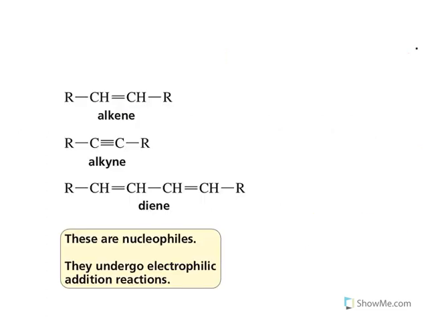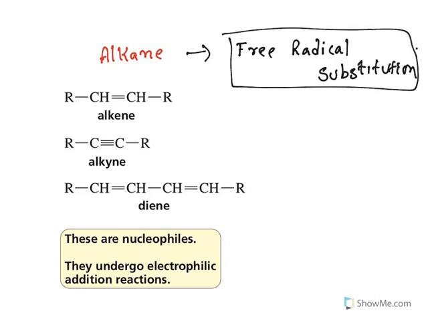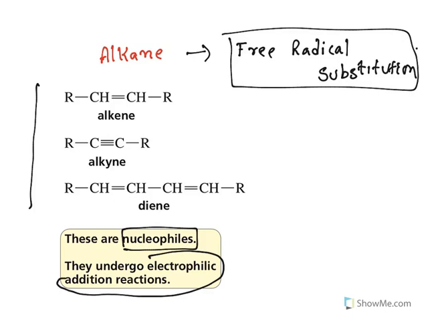So in this video, these mechanisms are important. We have seen about alkanes. What is the characteristic reaction of alkane? Free radical substitution. Understand this, why it needs free radical. Free radicals have very high energy. Alkanes are very stable, least reactive. So in order to push them into reaction, you need these things. Free radicals must be employed and a substitution takes place. Whereas alkene, alkyne and dienes, they are all nucleophiles and the characteristic reaction is electrophilic addition reaction. So this is about the reactions of alkanes, alkenes, alkynes and dienes.